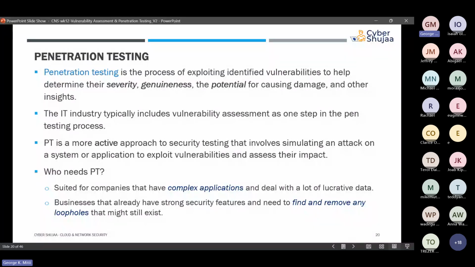Then the other category is businesses that already have strong security features and need to find and remove any loopholes that might still exist. So vulnerability assessment, yes, it will help you with identifying some of these vulnerabilities. But then one cool thing about penetration testing is that whenever you may identify a vulnerability, try to exploit this vulnerability, but then in the process of doing that, a lot of times actually people will find